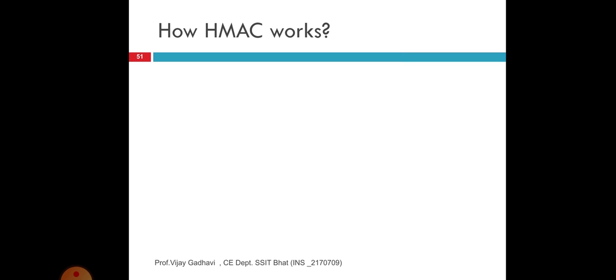Now, how does it work? Before that, you need to know about the design principles of HMAC. The HMAC specification was motivated by the existence of attacks on more trivial mechanisms for combining a key with a hash function. For example, one might assume the same security that HMAC provides could be achieved with a MAC equal to the hash function of key plus message.